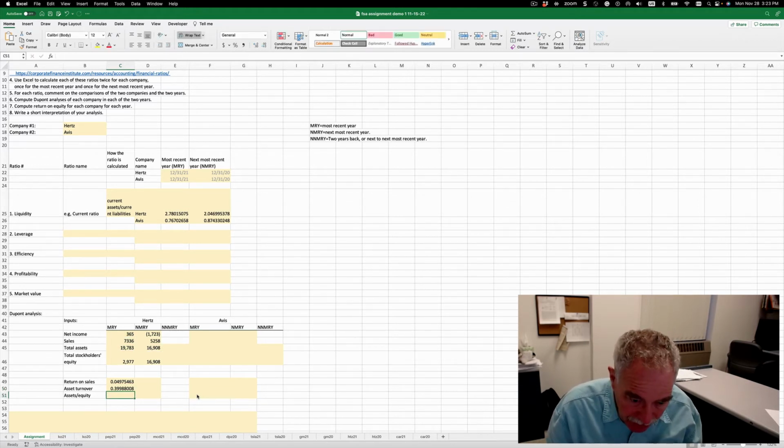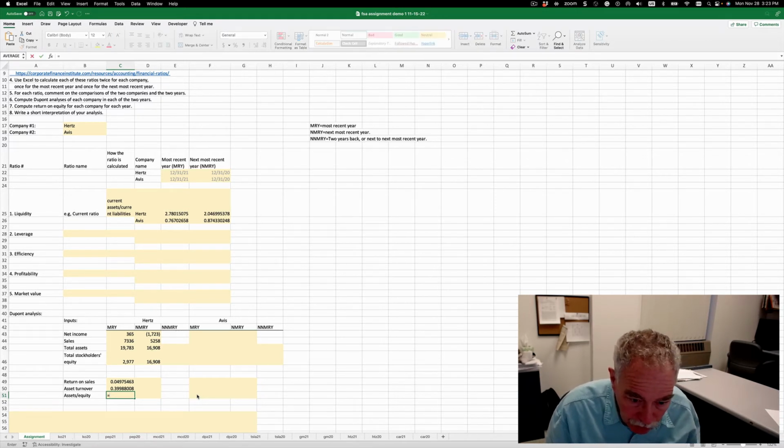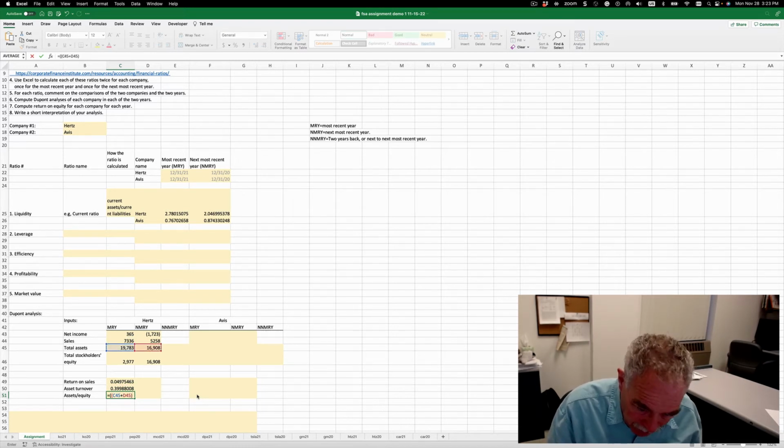And then for assets to equity, that's going to be equal to average assets, and again we're going to have 2 parens here, plus, divided by 2, divided by average equity. And average equity is going to be this plus,